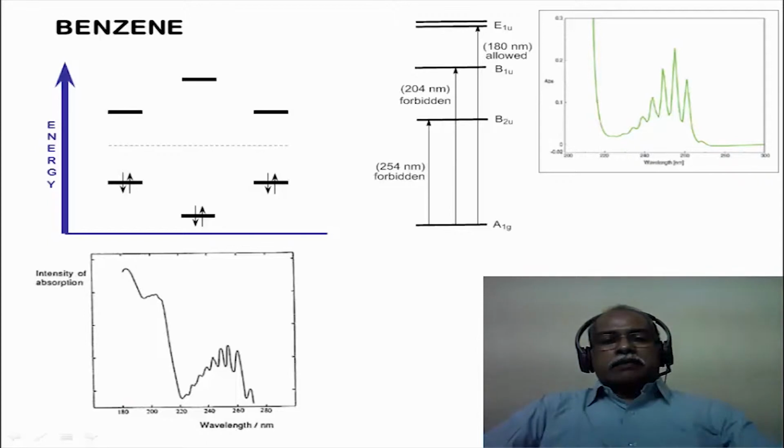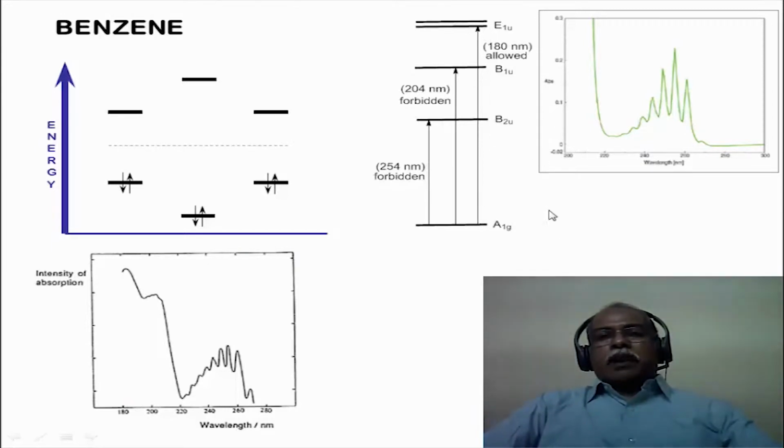However, benzene gives distinctly three different types of absorption band, as shown here. This is the benzene electronic spectrum. There is a band around 184 nanometer or so. There is another band around 200 nanometer, which is this particular band. And finally, there is a third band, where the vibrational structure is very clearly seen. The fine lines that you see in the spectrum are essentially due to the vibrational levels of the benzene electronic transition. This is explained by this energy level diagram, where you have various electronic levels of the